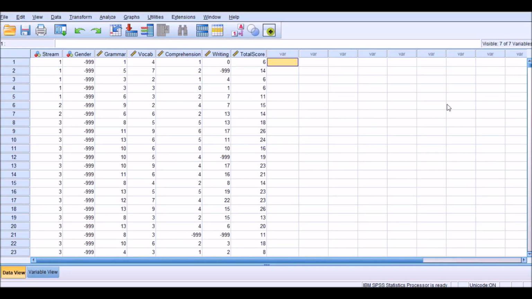Hi, this is Dr. Vahid Aryadust here, and in this video I'm going to illustrate how to do a two-step clustering analysis. The data that I'm going to use is from a CORE 2016 research project whose principal investigator is